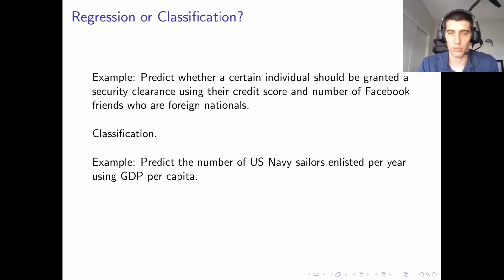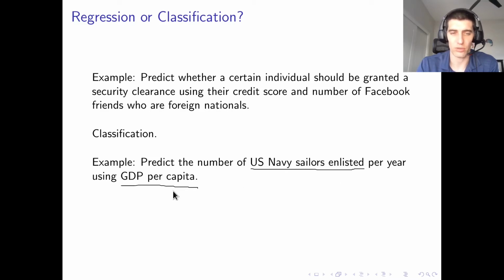Another example: predict the number of U.S. Navy sailors enlisting per year using GDP per capita as the predictor. This is a little poorly phrased, but what I'm saying is that GDP per capita, the GDP per person per year, is what you're going to use to predict the number of folks who enlist in the U.S. Navy during that year. So it's a measure of wealth, predicting the number of folks who enlist,